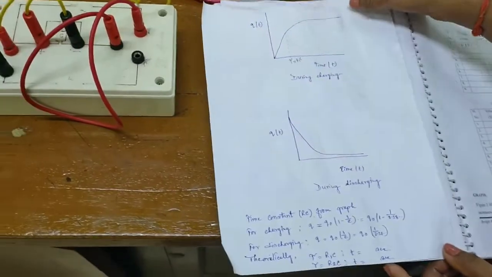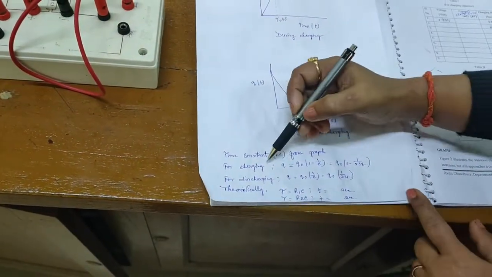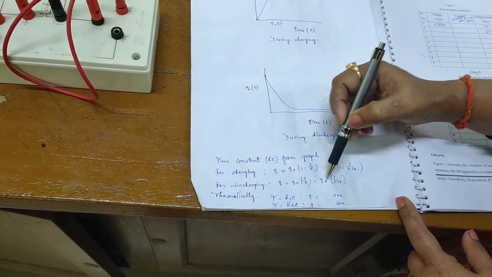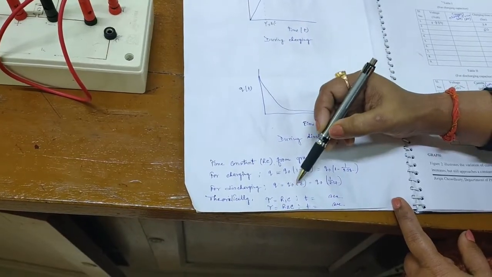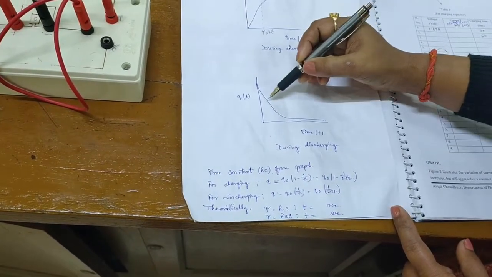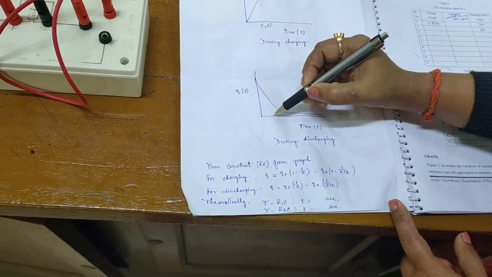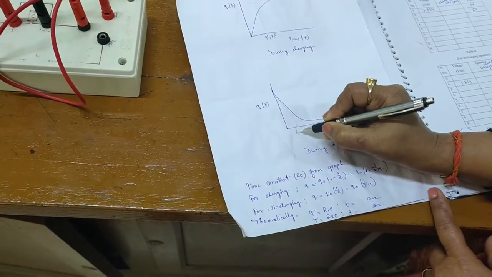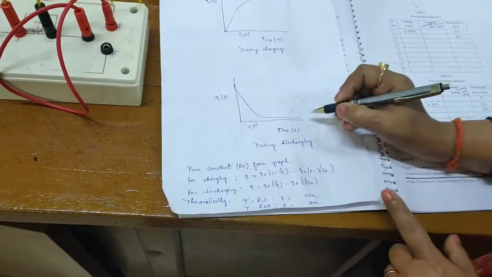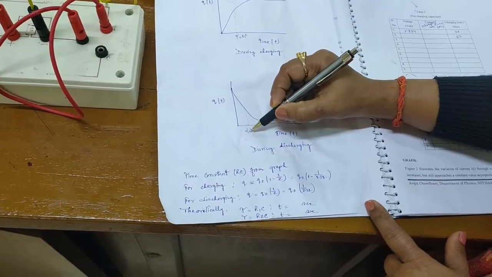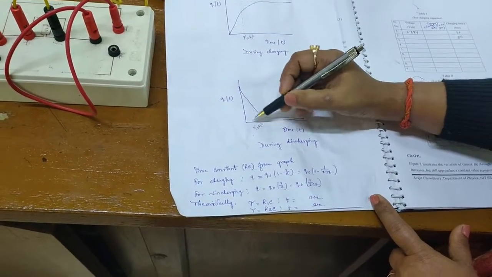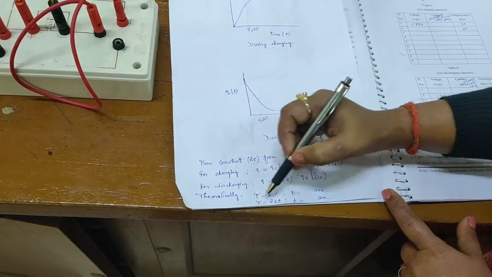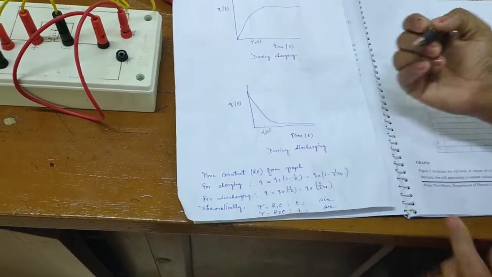For finding the time constant in discharging, our formula is Q equals Q naught into 1 upon e, where e is the exponential value 2.37 and Q naught is the maximum charge. Put the values and find the charge value here. That charge value you find on the graph, somewhere here. So this is your tau. This is R2 into C. So this is directly the time constant for the discharging part. After doing the calculation, you compare this time constant with the theoretical discharging time constant, tau equals R2 into C, in seconds.